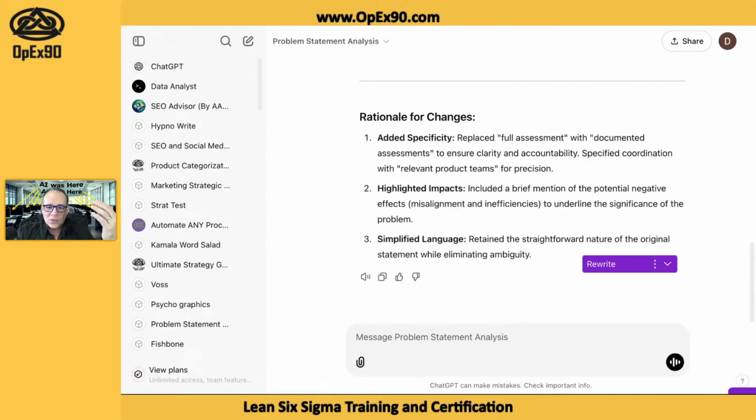I wanted to also talk about a situation where, what if we're already closed in on a solution? So you'll see problem statements that infer a cause and infer a solution. But that's not the best way to go, right? So we can take a problem statement and use ChatGPT to brainstorm for us. We can just say, hey, here's a problem, brainstorm a bunch of potential causes, and we can go from